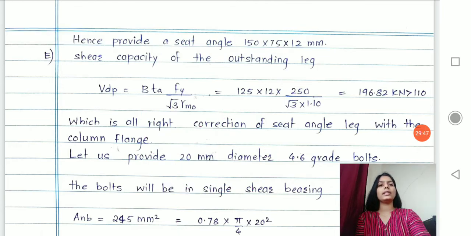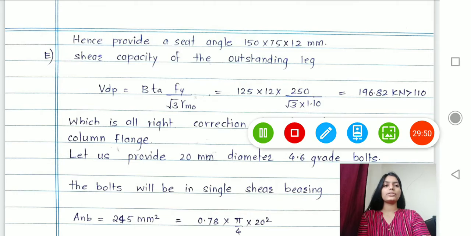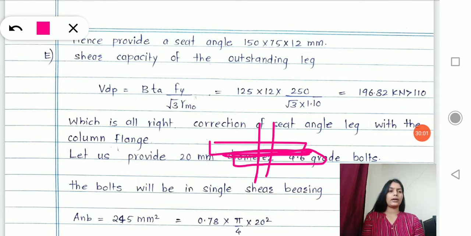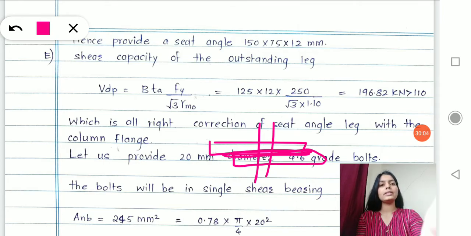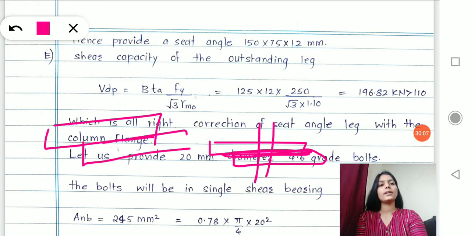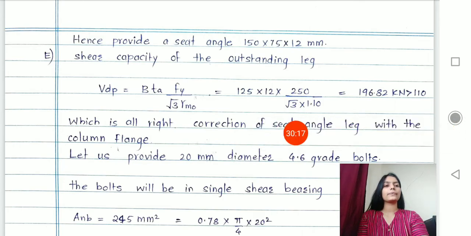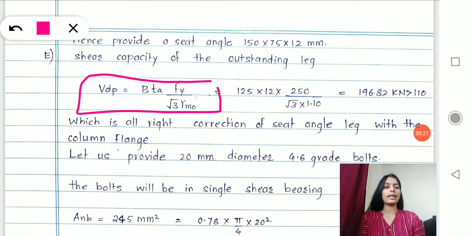I have calculated the shearing bolt value first of all in single shear because my connection is in single shear. What is single shear? Only two surfaces are connected with one bolt, and only one plane is experiencing shear force. Whereas in double shear you have three surfaces connected with a single bolt and two surfaces are experiencing shear force. Now for single shear, the formula is given on page number 75 of IS 800. Go open that page and try to calculate the single shear value.